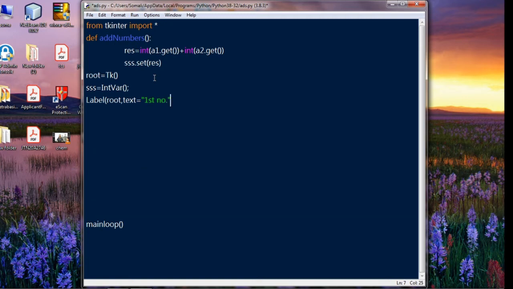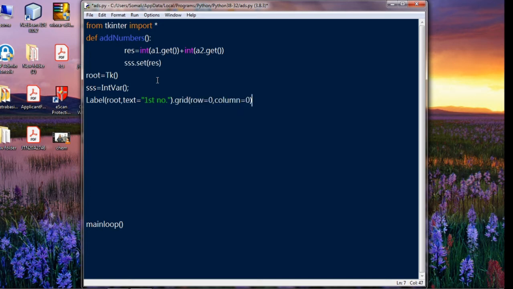To show the label we can use the grid function. Row equal to 0, column. In a computer the value starts from 0. In daily life it starts from 1.